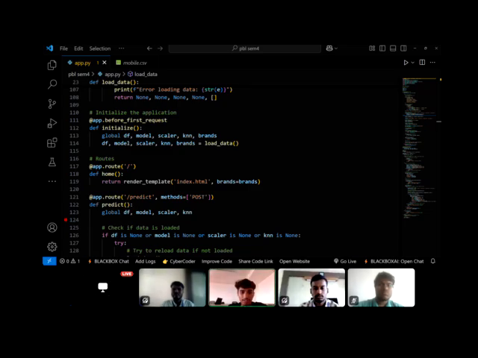In the predict route, @app.route predict with methods POST, def predict handles form submission when the user wants to predict a phone's price. Input data is RAM = float(request.form RAM), and so on. Input_df = pd.DataFrame(input_data) reads input from the HTML form and converts it to a pandas DataFrame. Predicted price is equal to